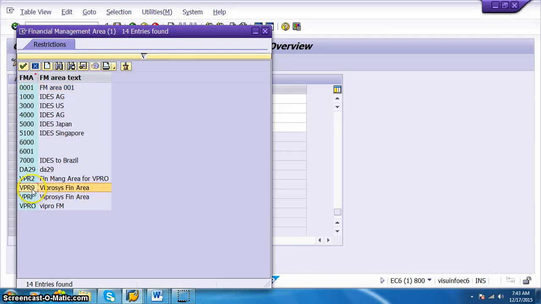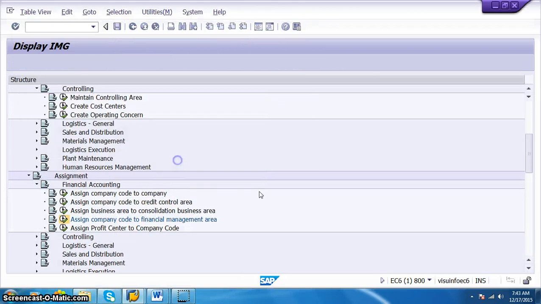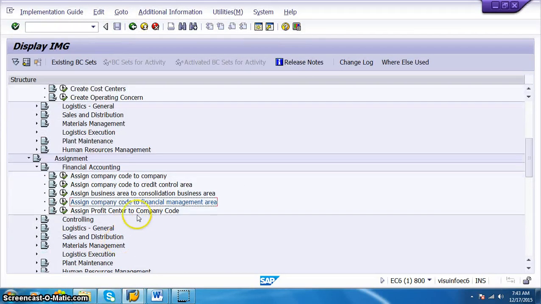That was VPR9. You can double click on this and click on save. Then back, and once we create the profit center, we can assign the profit center to company code.